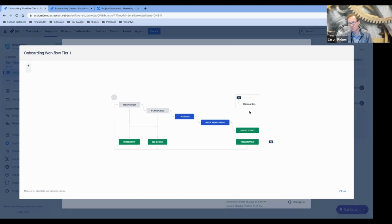That could happen. But the happy path would be users going along here, gradually getting onboarded, trained up, mentored, and then finally good to go. But they could also go to one of these other final statuses in green. And within each of these transitions, there could be various validators that aren't allowing you to move the team member along,